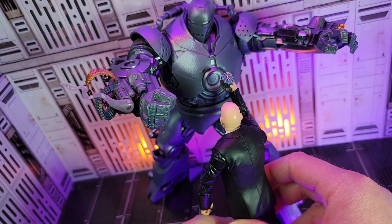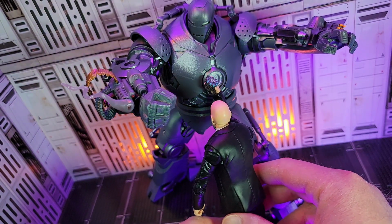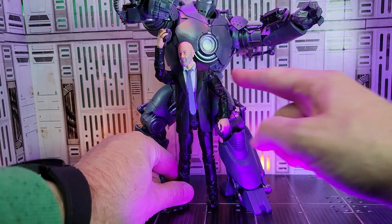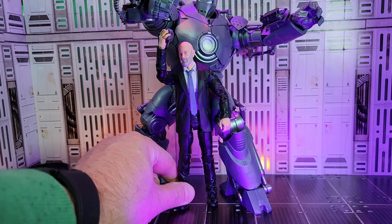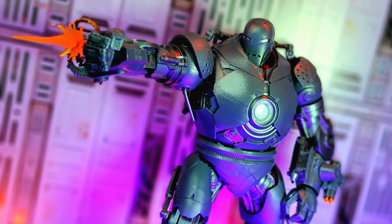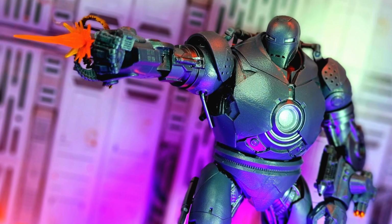I really like having them like this together. I think that's a really cool image. But I really do want you to note the scale here. Evil Dude's head comes right up to the arc reactor. How cool is that? One of the accessories I really do enjoy about this figure is this blast coming out